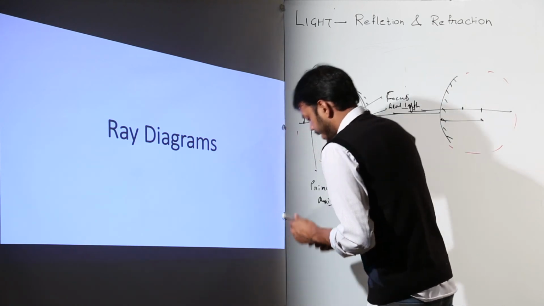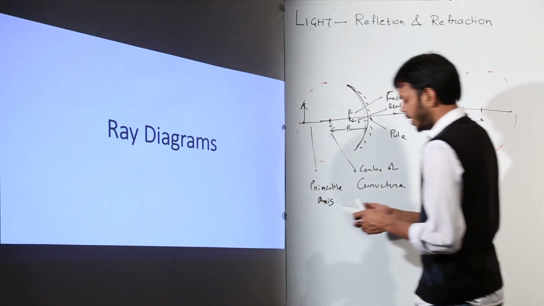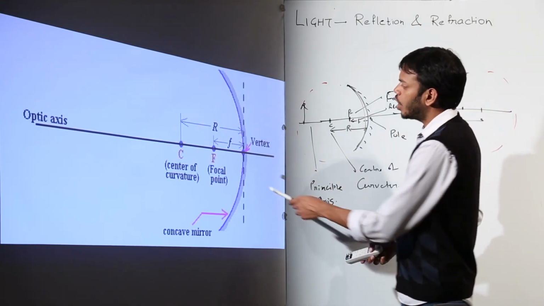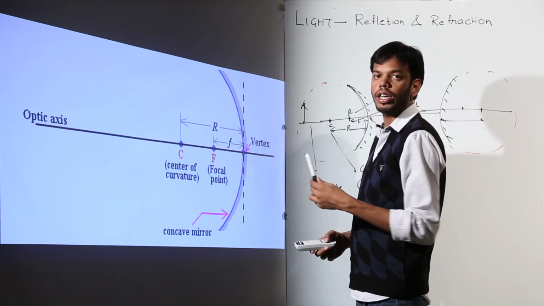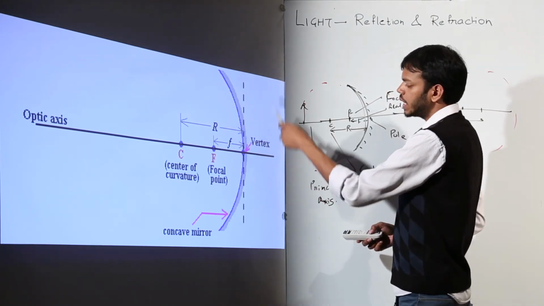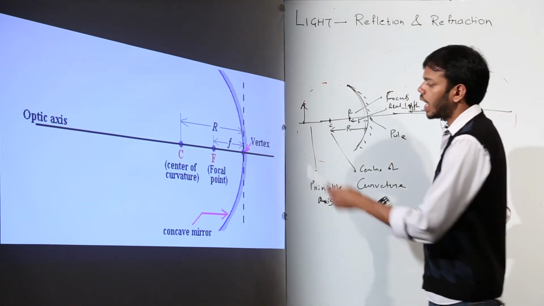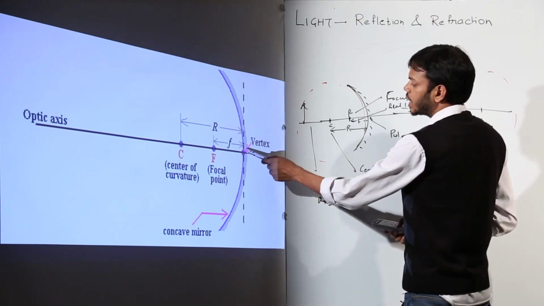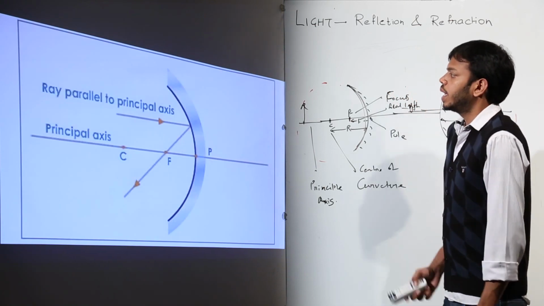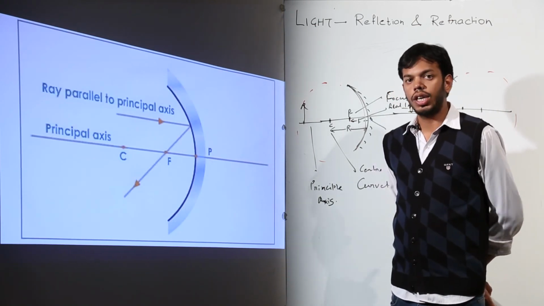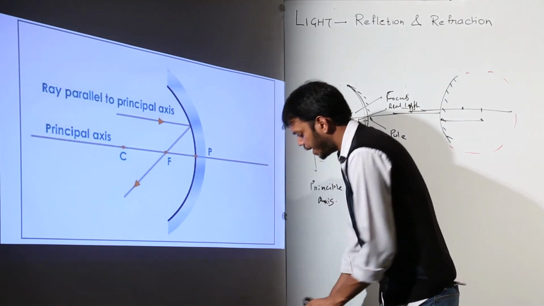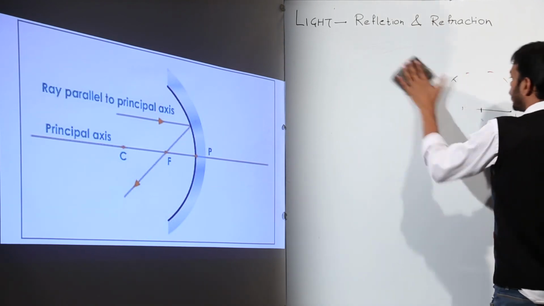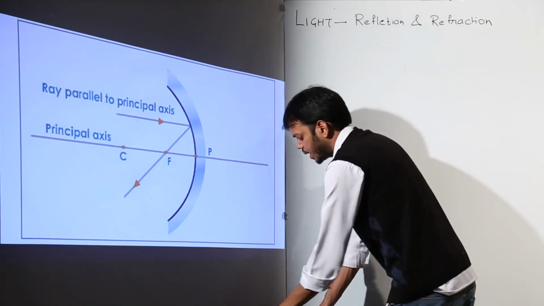Now let's move further. As I told you, the important points to be remembered are the optical axis or principal axis, and the center of curvature, which is the center of the spherical part from which the lens or the mirror was carved out. Half of the radius of curvature is called the focus, and that distance is called the focal length. This vertex is also known as the pole. Now, to make ray diagrams, you will have to learn about three very important rays, which are number one, the ray which will be